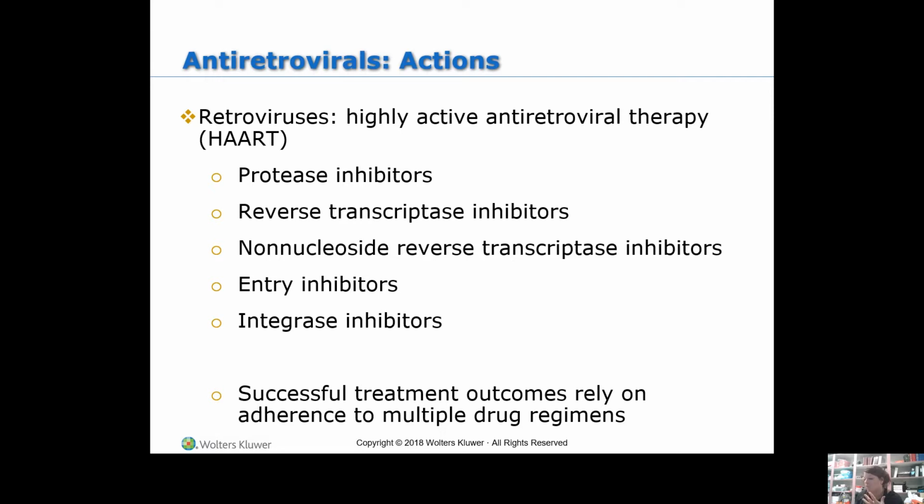You'll see on the list that I make out for y'all, the main thing I need y'all to understand is it's not one of these drugs or the other. It's usually about 4 to 5 of them. So if these people have to take 4 to 5 of these drugs, you have 2 things from a nursing standpoint that you're keeping in mind. You're keeping in mind the cost of these drugs. So they're on them long term, and they're not on one drug. They're on 4, 5, 6. They're on that highly active antiretroviral therapy, that whole group of medications together. So cost is a biggie, and compliance is huge.